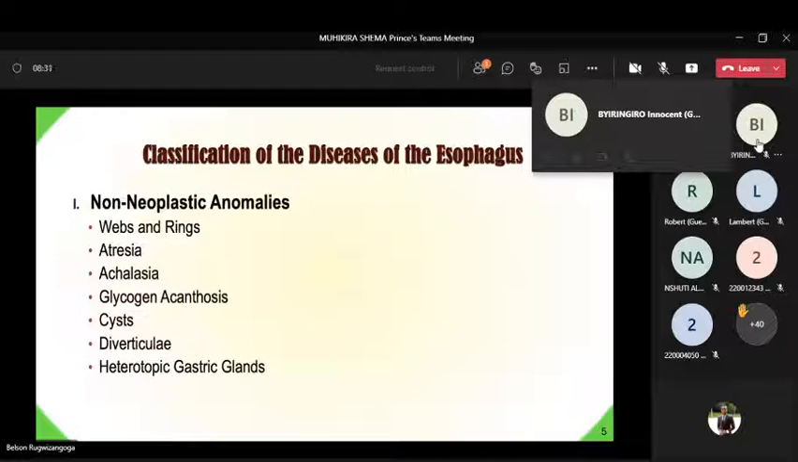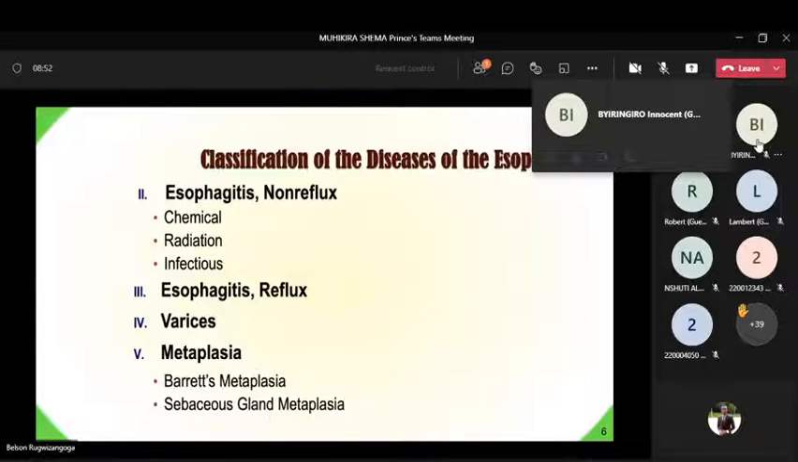Heterotopic gastric glands. Here it means you can see some gastric-like tissue or glands within the esophagus, and I have seen a few of these cases here in Rwanda. So as you see, these are mainly developmental abnormalities. So here we have inflammation,